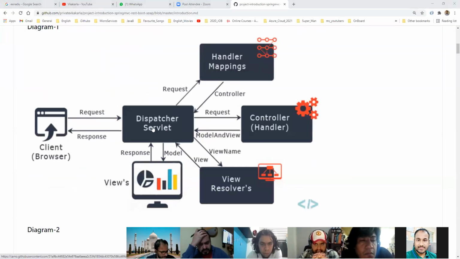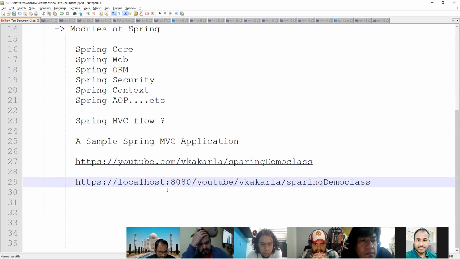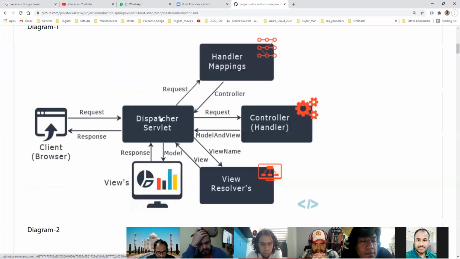The dispatcher servlet will take this URL. It will be confused about which class it should pass this request to. At that time it will ask the handler mapping: hey handler mapping, I am giving one request to you, please tell me which class I should go to. So the request URL goes to the handler mapping.